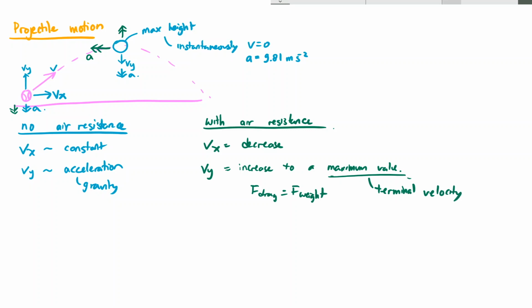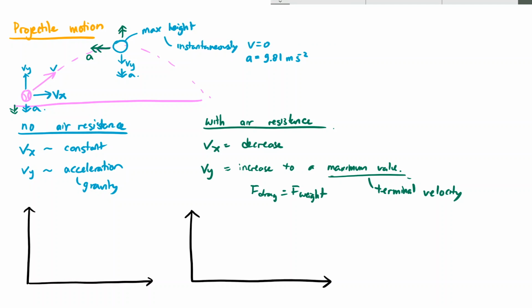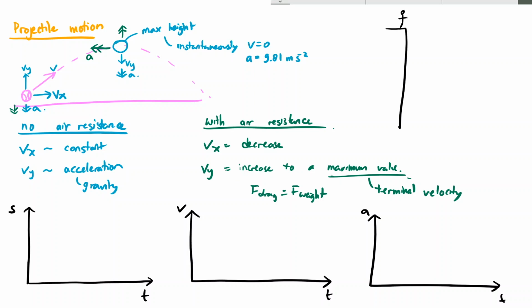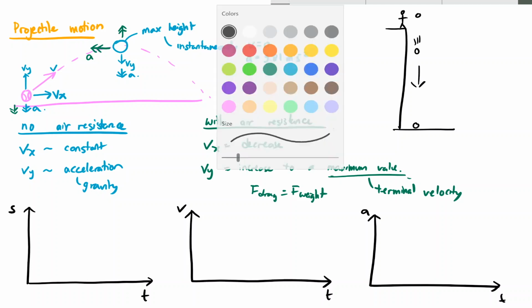We can represent all this in a graph. So let's say we have this is T, S, V, A. So once it normally falls, this is just talking about the vertical. So let's not assume this ball. Let's just assume someone dropped a ball, then it's falling down. That's the initial, and the ball will land here, something like that. Okay, goes down. So without air resistance,